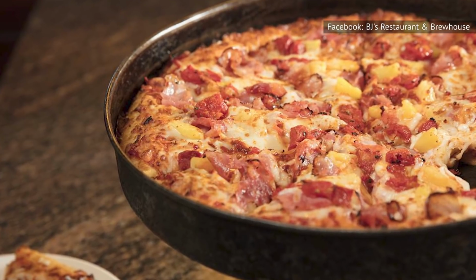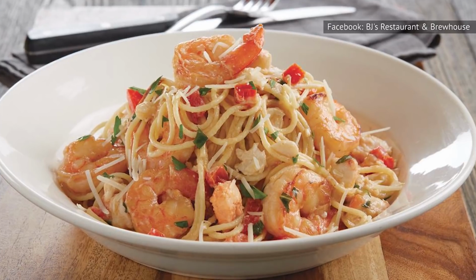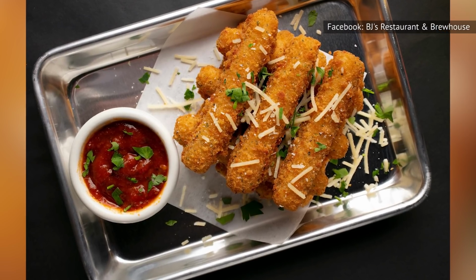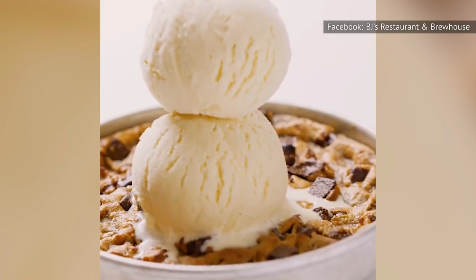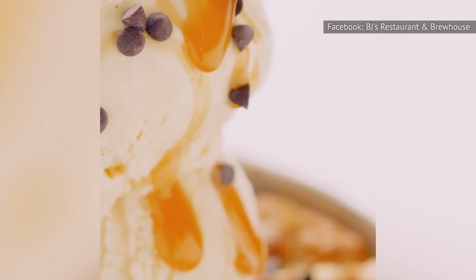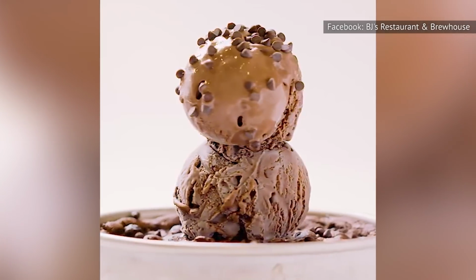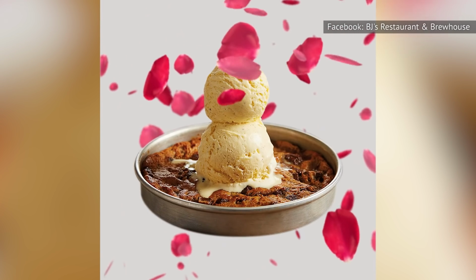So next time you head to BJ's Brewhouse, don't fill up too much on the pizza, burgers, pastas, and appetizers, because you'll definitely want to save room for dessert. The Pizookie is basically exactly what it sounds like. A fresh-baked, warm cookie served in a deep dish pizza skillet and topped with ice cream, as well as some